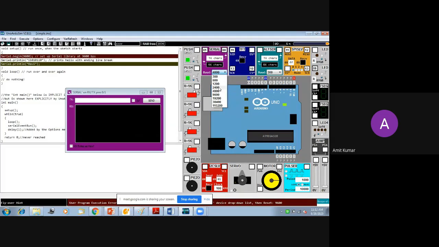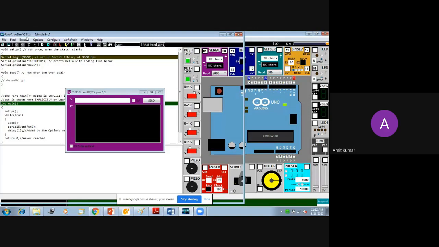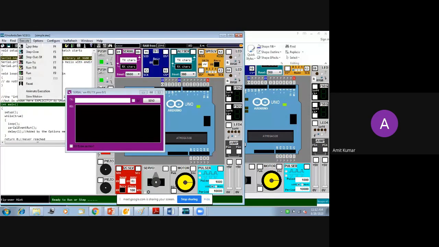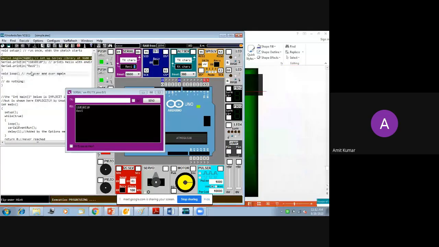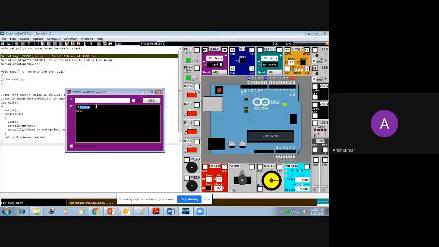There is a difference in speed. So you make the speed 9600, then again reset and execute. Now you can see the first line shows your enrollment number and the second line shows your name.